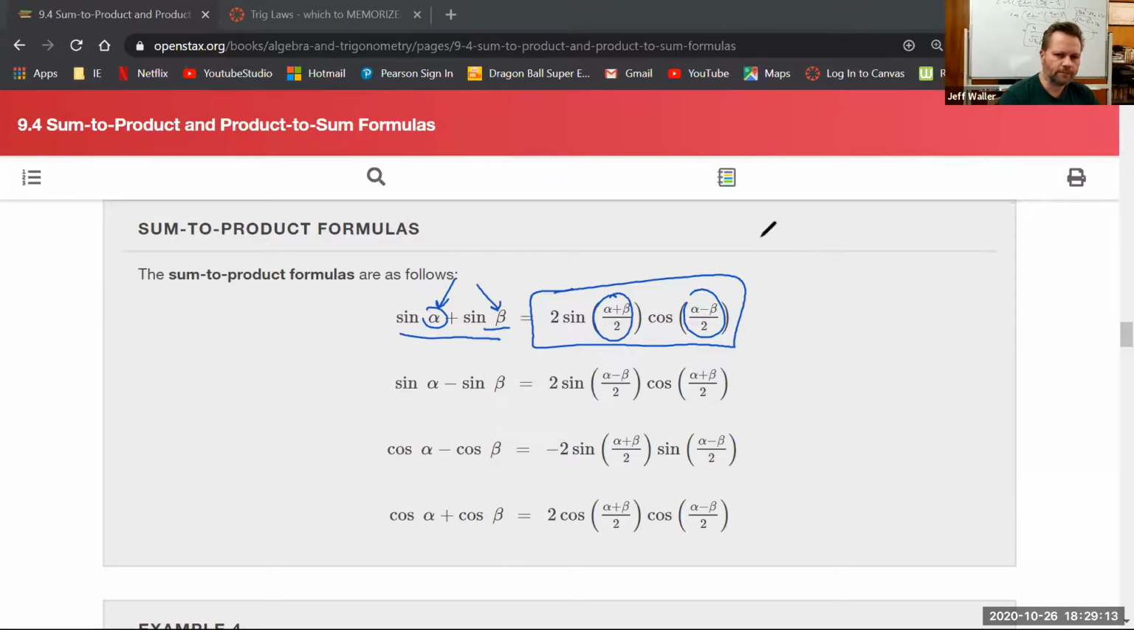Do you guys see why? Remember this? What's 2 sine theta cosine theta equal to? Somebody remember that from earlier? Sine of,